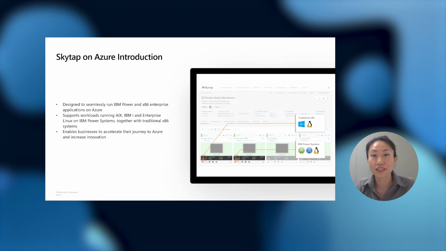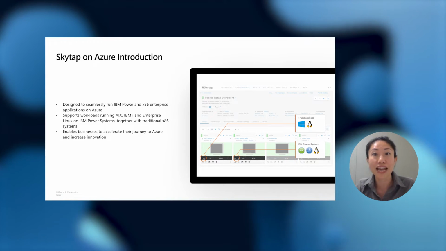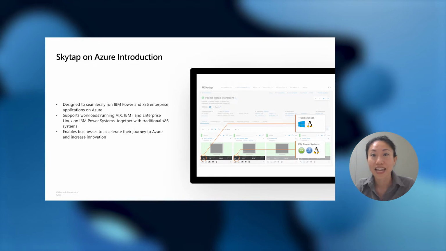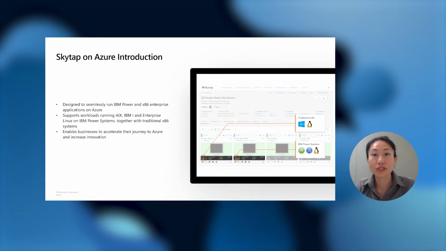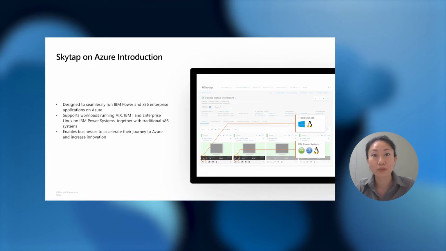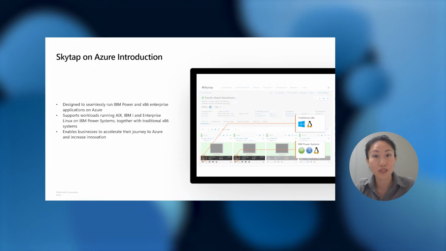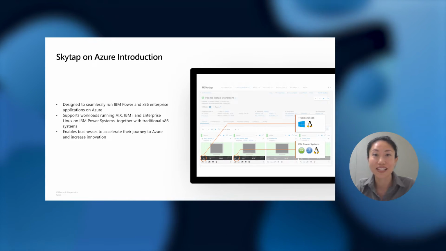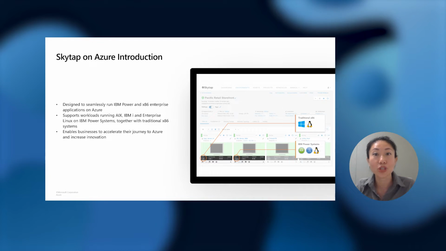Skytap on Azure is a cloud service designed specifically to natively run your IBM Power and x86 applications in Azure. It supports workloads including AIX, IBM i, Enterprise Linux on IBM Power System, and x86 systems in one single converged